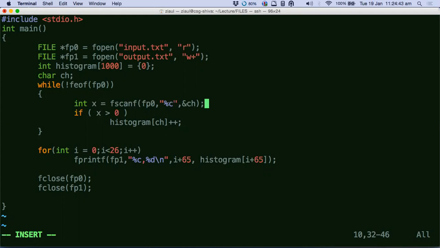So, I mean, isn't EOF then redundant, sir? If we were to just place the if statement inside, that would be enough. If statement with what? X greater than 0 condition or EOF condition? In this case, if we were to use x more than 0, then I think this would not be required. That's why I'm telling you, your file might be storing something because of which fscanf was not able to read that particular thing.